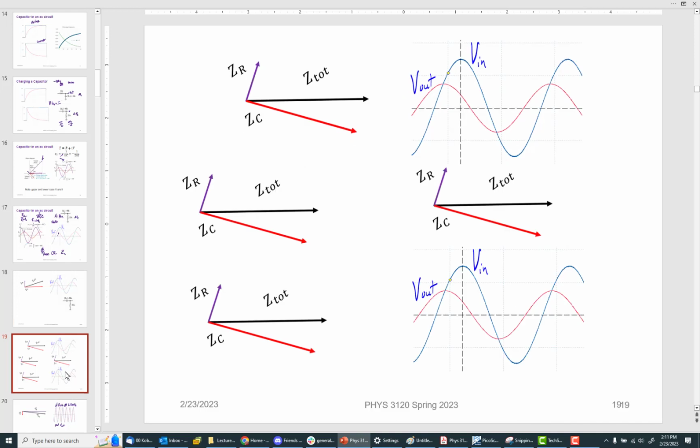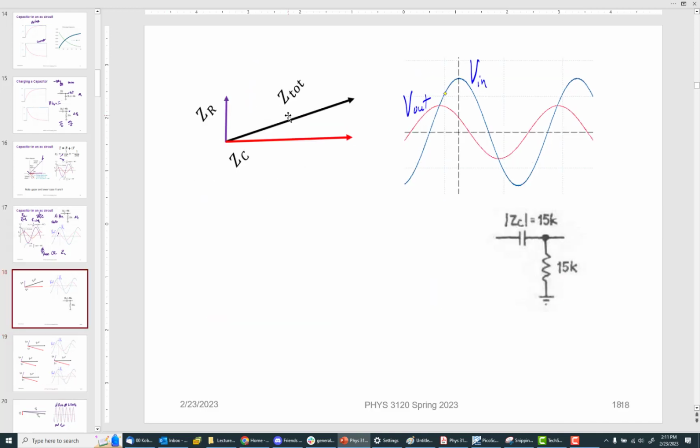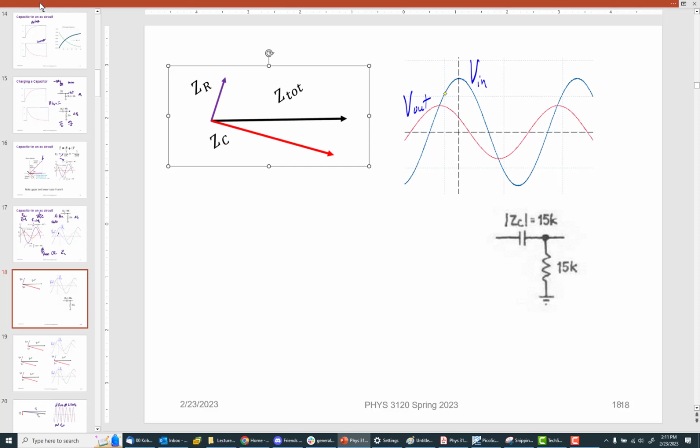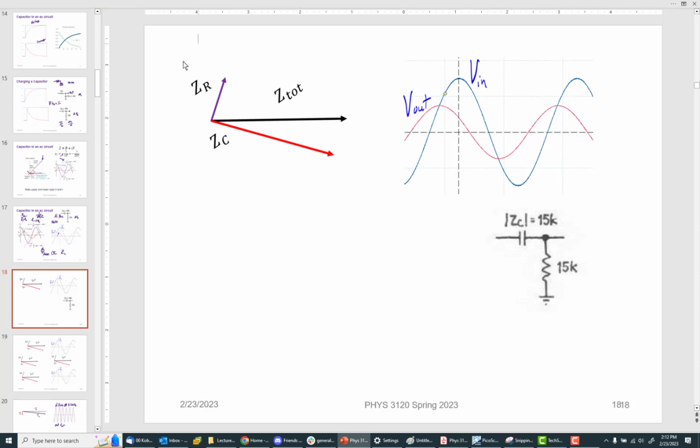The reason I gave you this slide is because you can't rotate this. So right now, if I put this like this, I'd imagine you could paste this guy here in the middle of the page and then paste these things at different angles around it. So this point now corresponds to right here. We have the Z total maximally projected on the real axis. And we see that the ZR is then smaller, which is V out now. At the moment, because we're using the high-pass filter, this is V out. And it's smaller, and if I keep rotating this,